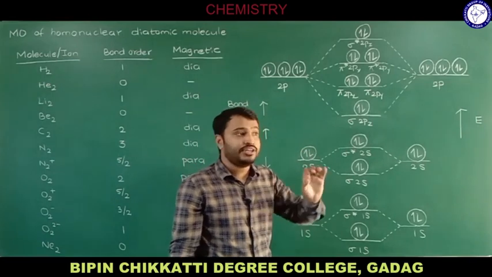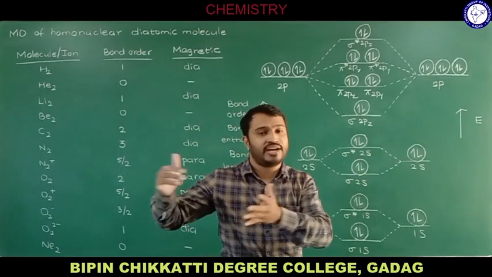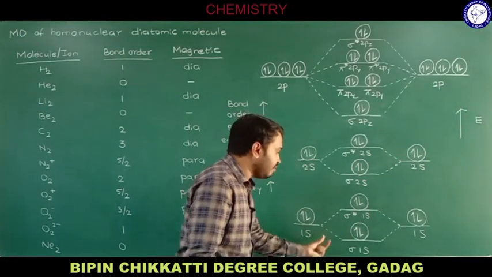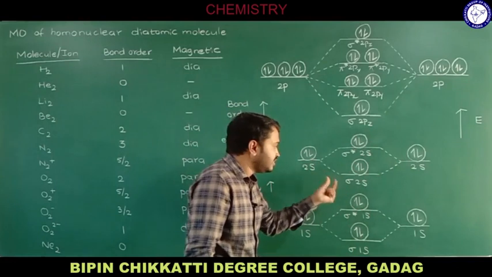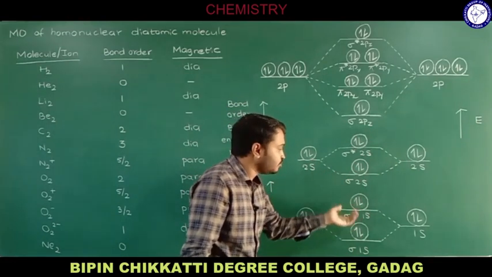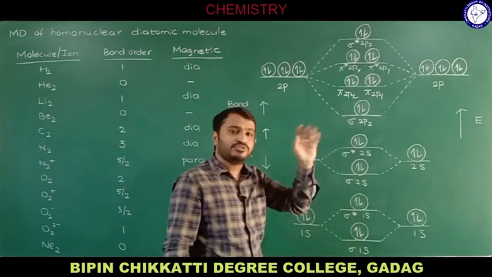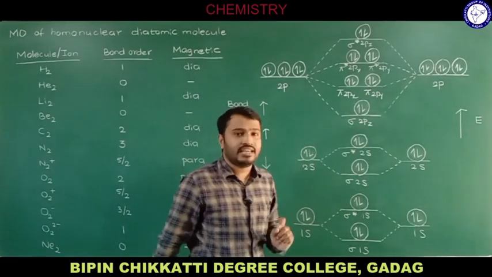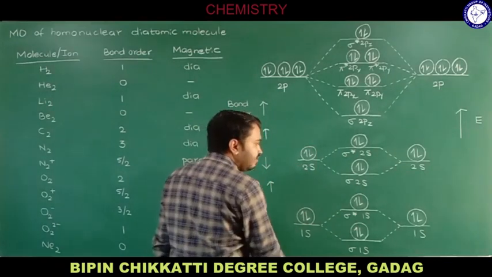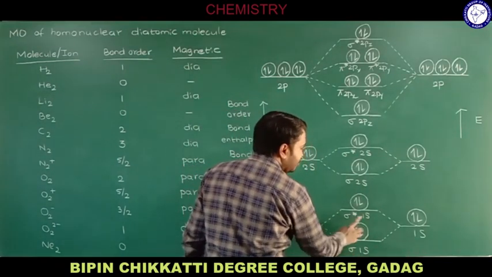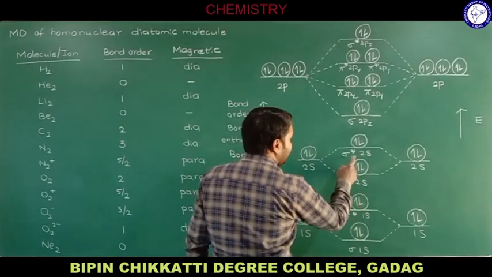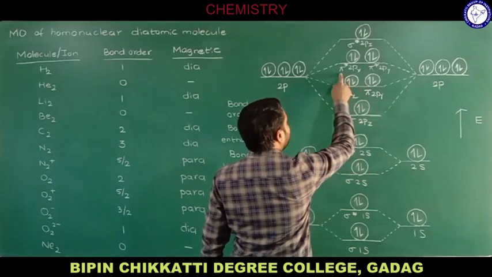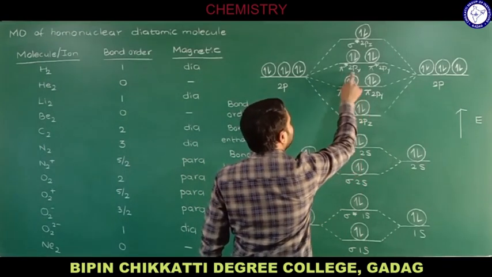Electronic configuration in general we write 1s2, 2s2 and so on, whereas in molecular orbital theory we mention sigma 1s and the number of electrons, sigma star 1s and the number of electrons. So similarly in this fashion we are supposed to fill the electrons in the molecular orbitals. That is the energy level sequence. In general, the energy level sequence will be sigma 1s, sigma star 1s, then sigma 2s, sigma star 2s, sigma 2pz, then pi 2px, pi 2py, then pi star 2px, pi star 2py,